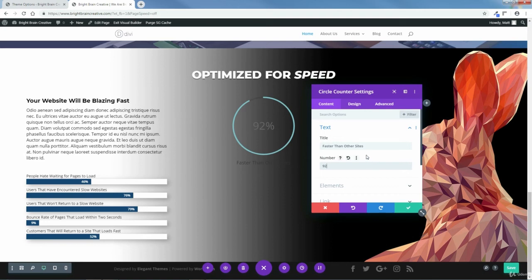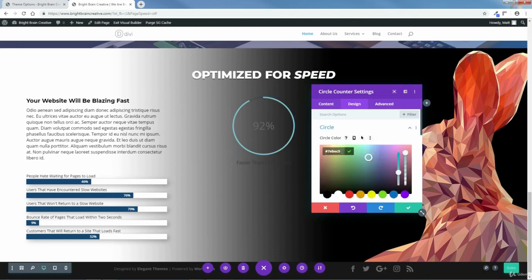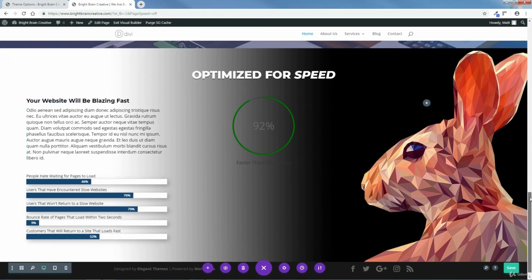Okay. Now we need to stylize the text. So we'll go to Design, Circle, and here I can change the circle color. I'm going to change it to green. I don't like that. It's a little too dark. I have a better idea. Let me see. I'm going to click this here. Save the changes. And I'll go ahead and use ColorZilla